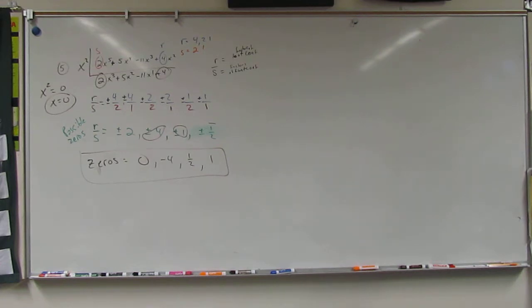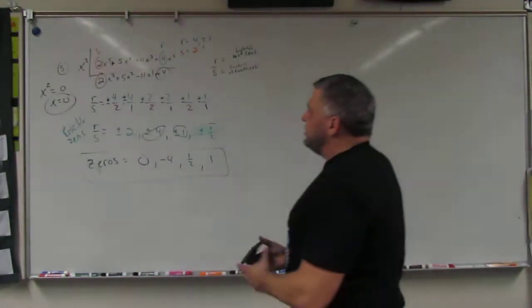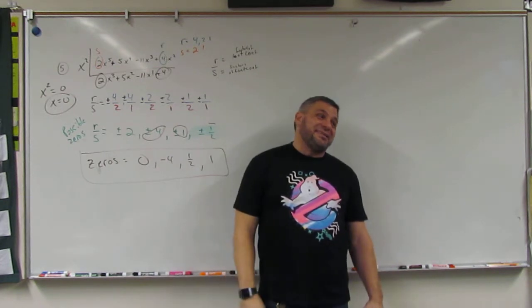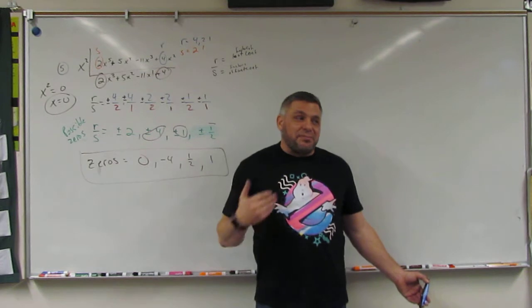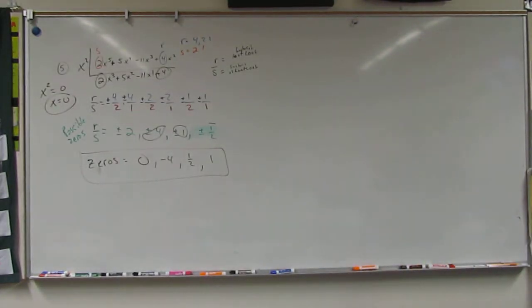Unfortunately, there's only 2 ways to actually find the answer. 1, graph it. 2, plug them in and see if they work. That's a lot of numbers to plug in in a really nasty problem. Back in my day, we had to plug it in and see if it worked. We didn't have great calculators like this. Does that make sense? Okay. All right, now we're going to